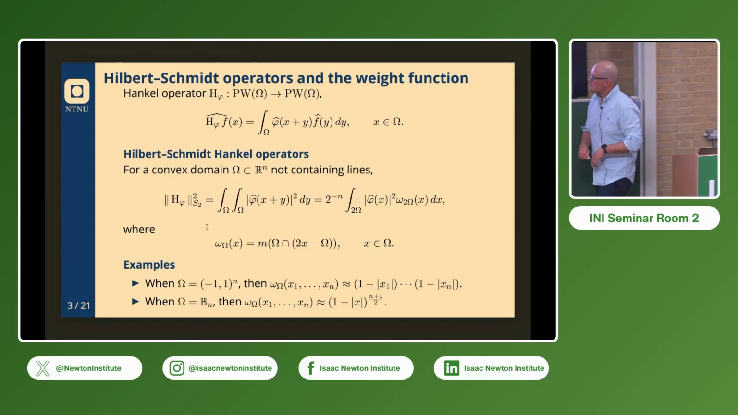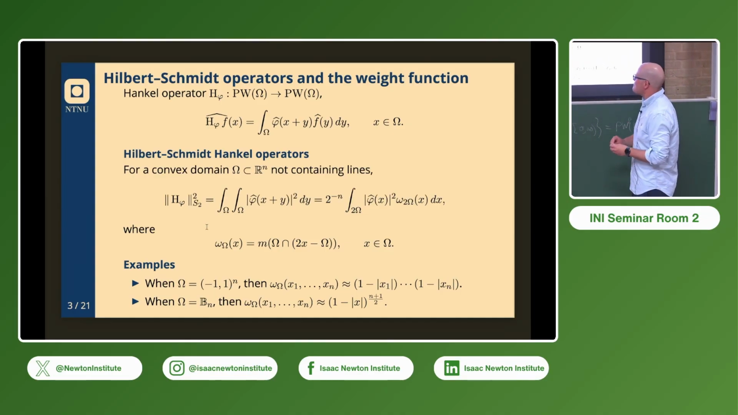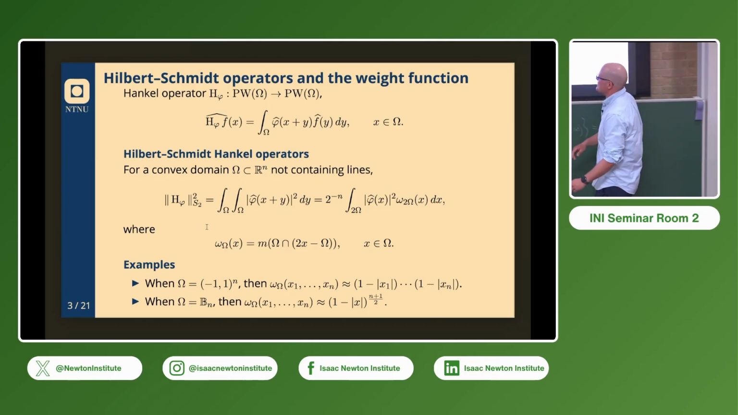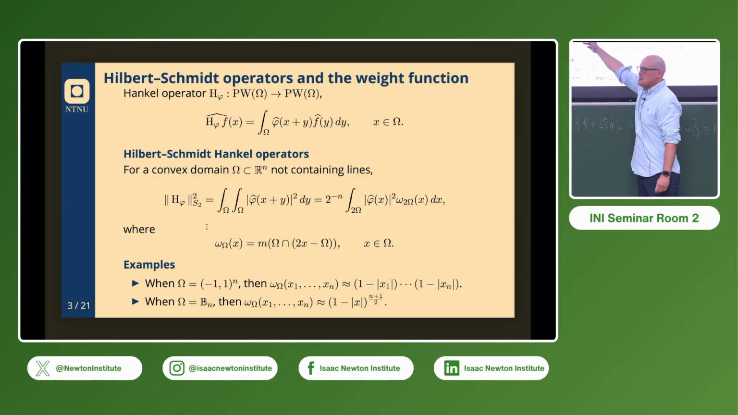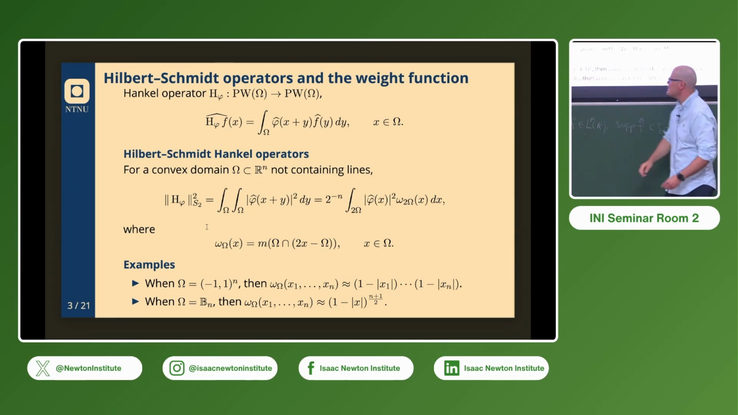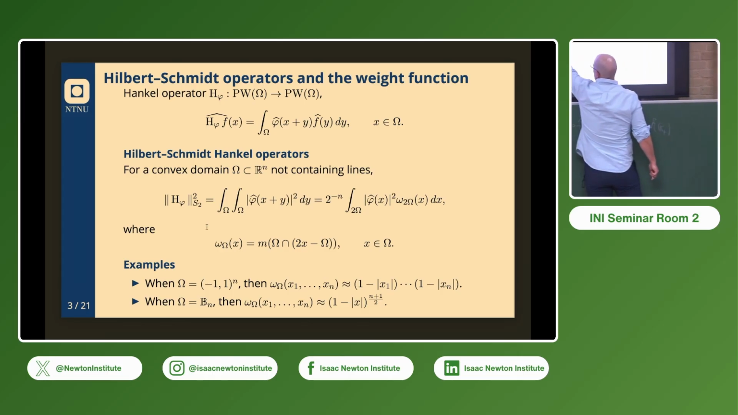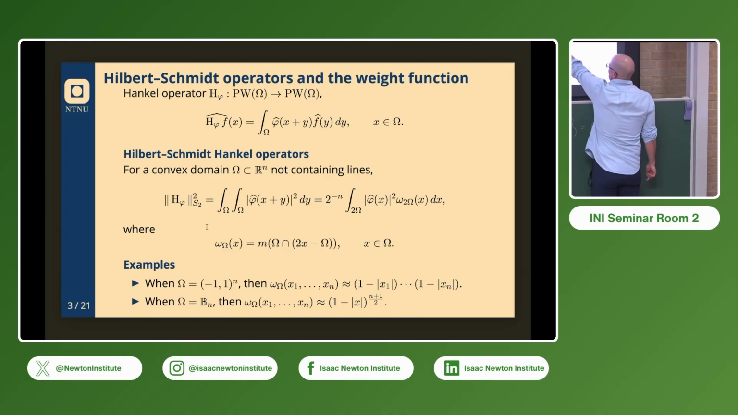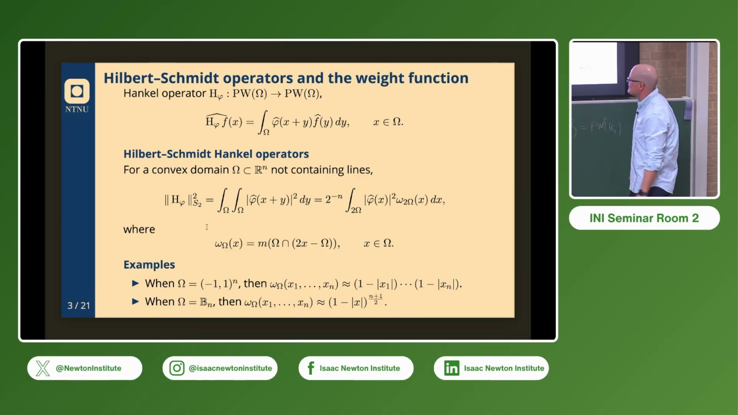Okay, so we want to say something about this operator. The easiest thing we can ask is when it's Hilbert-Schmidt, right? This is always the easiest question you can ask about any operator, especially because this is an integral operator. So to compute the S2 norm, we just need to calculate the double square integral. If you set z equals x plus y and make the change of variable, you get this weighted integral of the